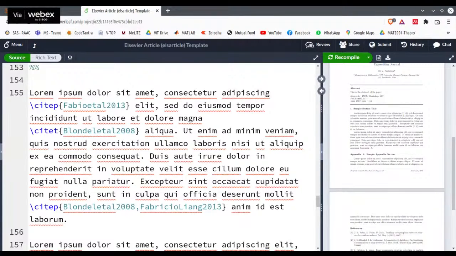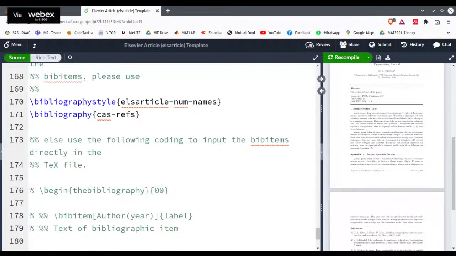Next is how to cite this paper. Next is the bibliography. Here you have to supply your bibliography. They have mentioned the bibliography style they want in the journal. The bibliography style is els-article-num-names. They have created this kind of a bibliography style, so automatically when you supply your